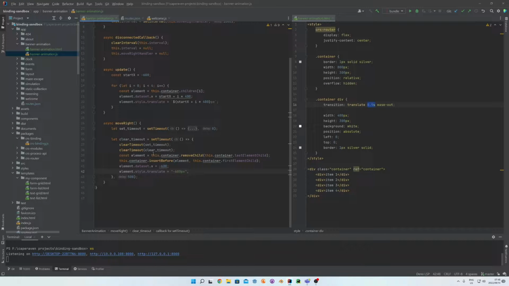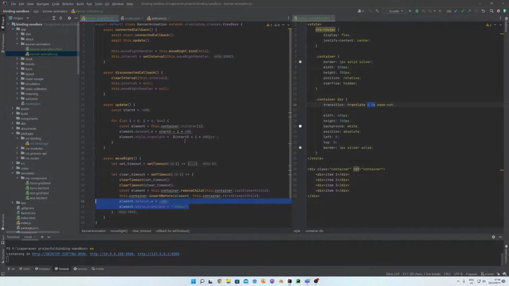And then when we remove the child, note that it will return to you the element that was removed, and we reuse that again to go and set the initial values of where this thing needs to be. Because of the fact that we use this inside of our update loop, if we don't do this, it won't actually work. So remember to reset it to the initial state when you move it across. And that's really it. It's fairly easy to do,